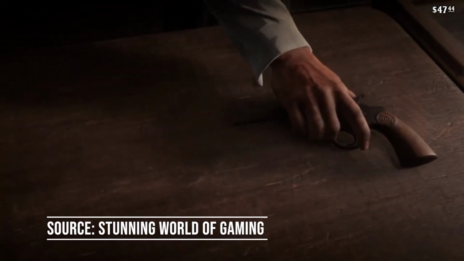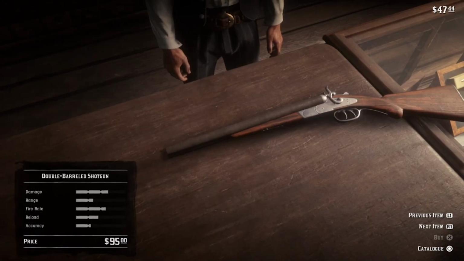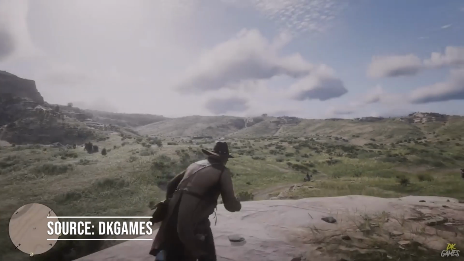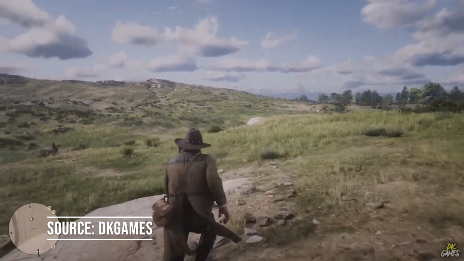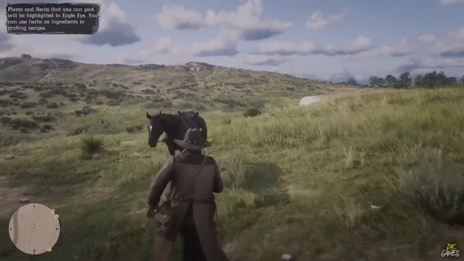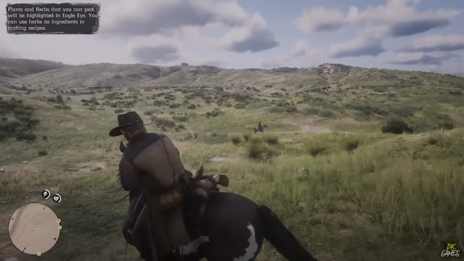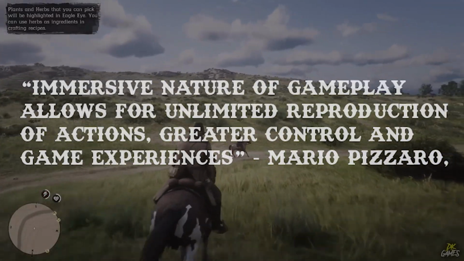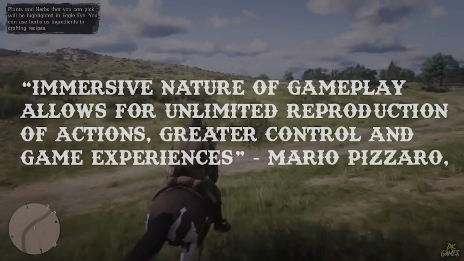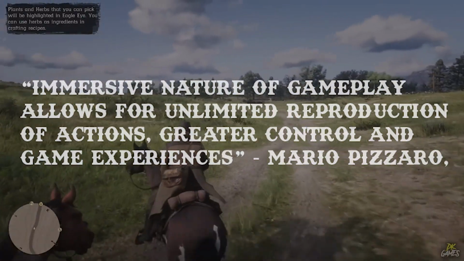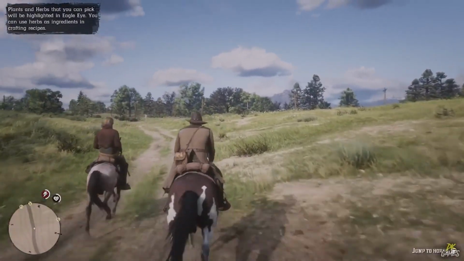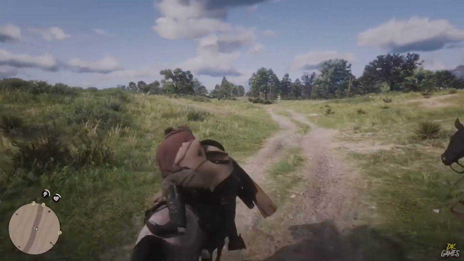shootouts with old Western weapons like revolvers, lever-action rifles, shotguns, and dynamite, through vast open Western landscapes that can be explored on foot or on horseback, by talking to non-playable characters that imitate what it would have been like to be in that era. Its immersive nature of gameplay allows for unlimited reproduction of actions, greater control, and game experiences,